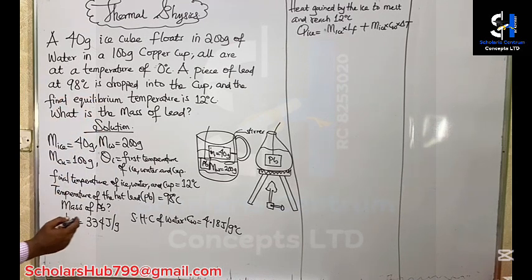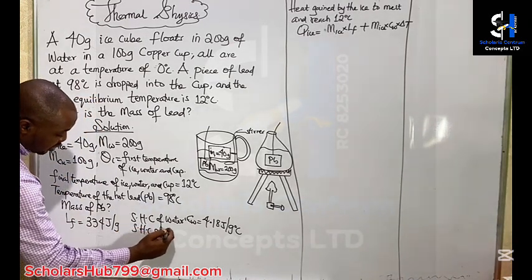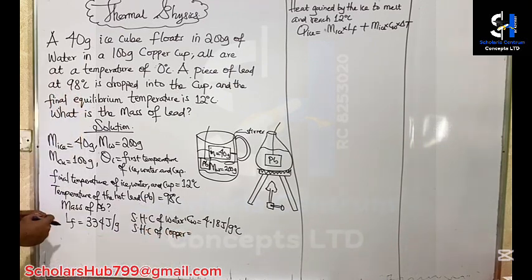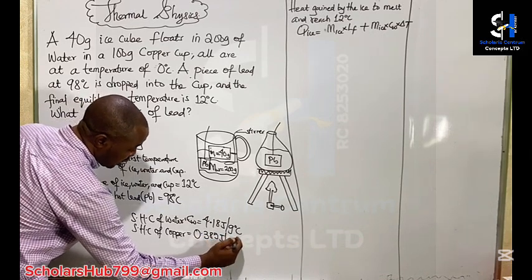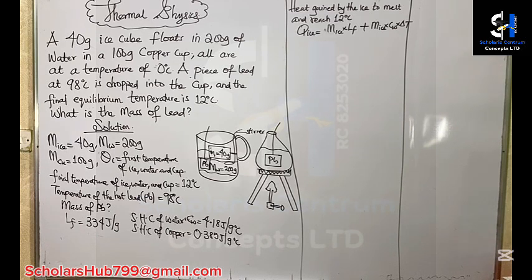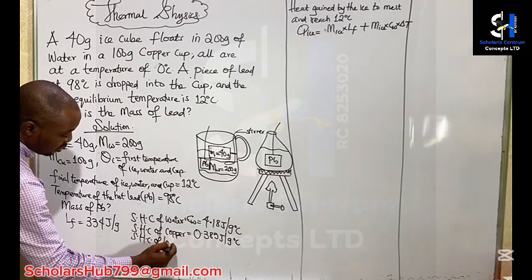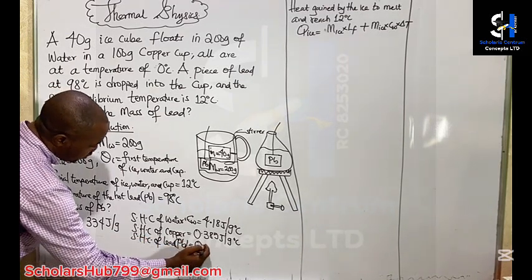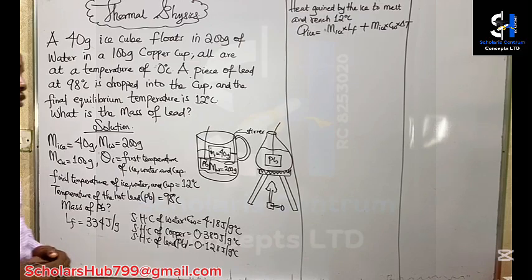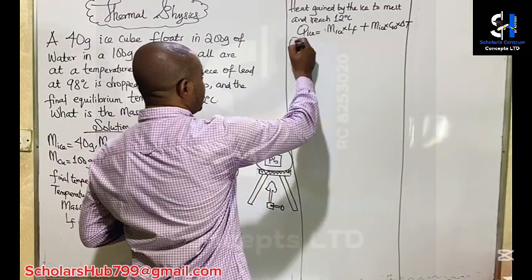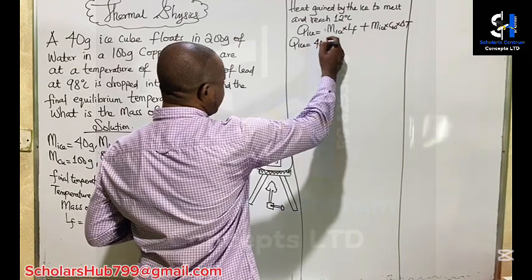Okay, which other one are we not given? Specific heat capacity of copper. The specific heat capacity of copper is 0.385 joules per gram per degree Celsius. Then also for lead, the specific heat capacity of lead is 0.128 joules per gram per degree Celsius. Yeah, that's it. All right, so we have the heat gained by ice to be 40 multiplied by